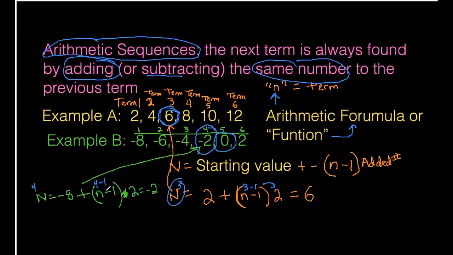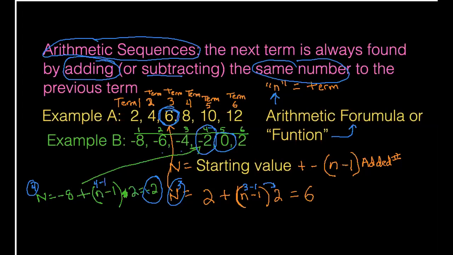Now I'm going to take that answer and add it to -8. A -8 plus a +6 gives me a -2. There's my answer. So the fourth term here, n number 4, is -2. Sure enough, 1, 2, 3, 4. That is the right answer, just by checking it in my simple sequence of 2 each time, okay? So again, in an arithmetic sequence, the next term is always found by adding the